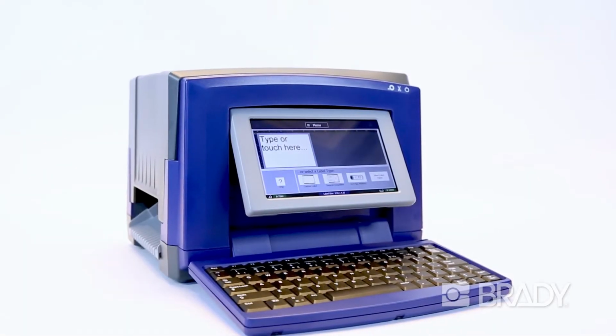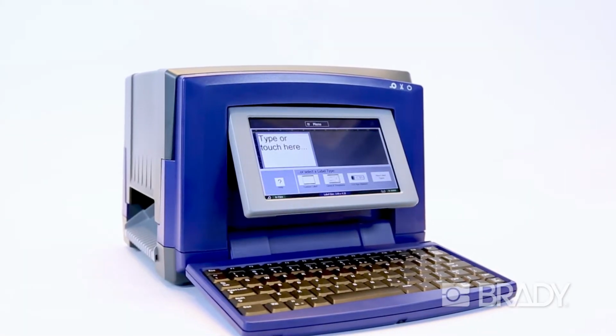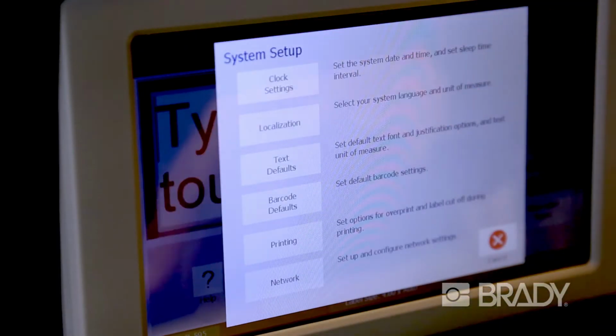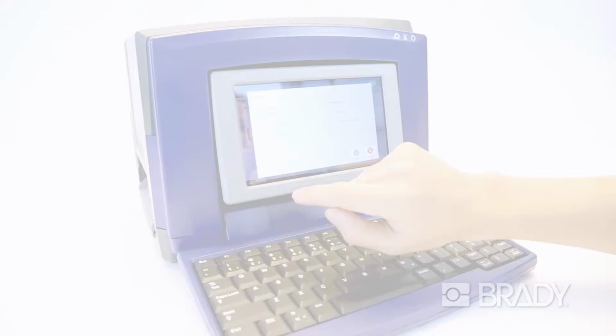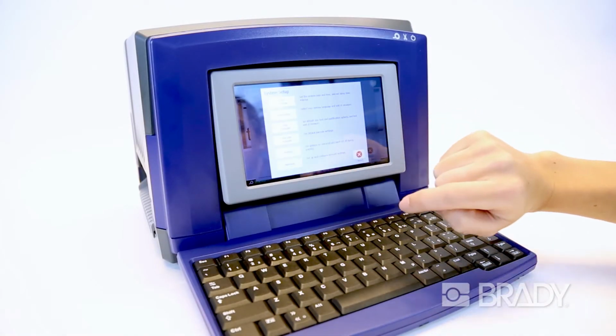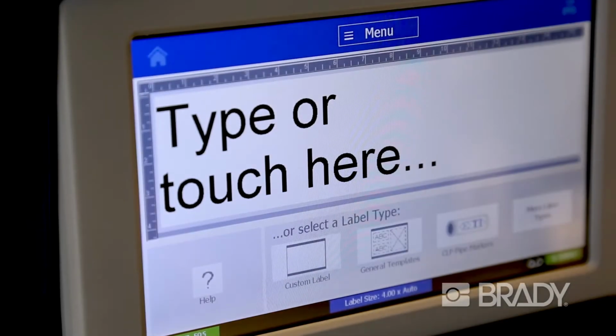Your BradyPrinter S3100 is ready to go out of the box. But if you want to make some changes, this video walks you through the simple steps to customize your default settings. To connect to Wi-Fi for wireless printing, first, from the home screen, select the menu button at the top